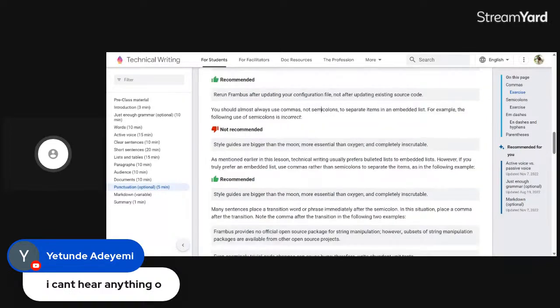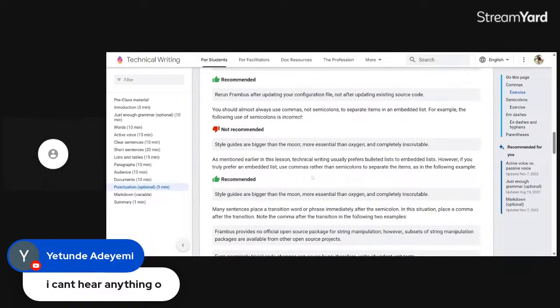Another bad example of how to use a semicolon is this one. Style guides are bigger than the moon; more essential than oxygen; and completely inscrutable. That's a bad example.